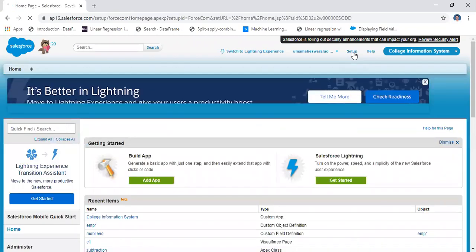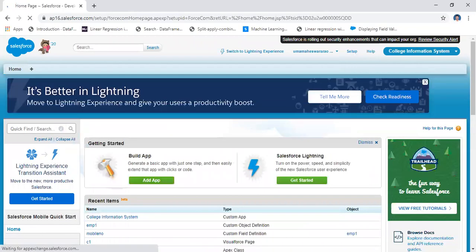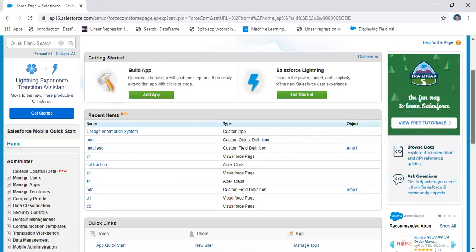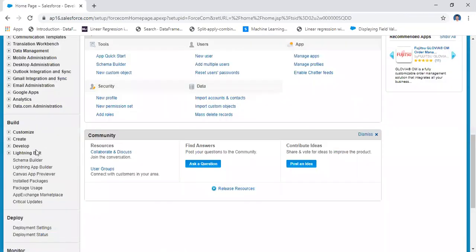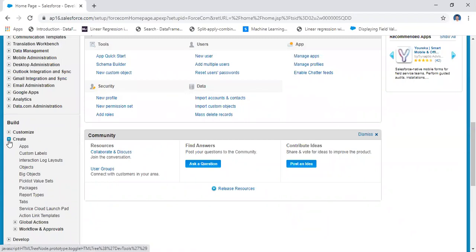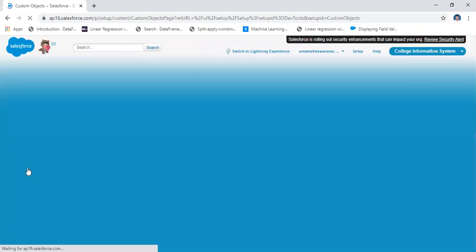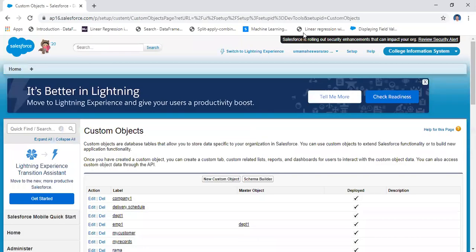The second part is I am going to create the object, the table. Go to Setup. In the Setup, you have the Create option. Under the Create option there is a link, Objects. Here there is a link. I am showing that clearly, but if you have a doubt, ask.